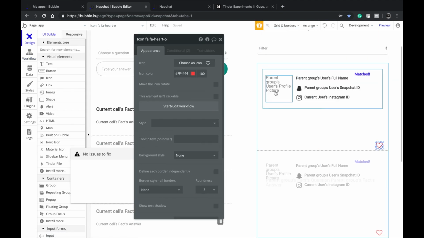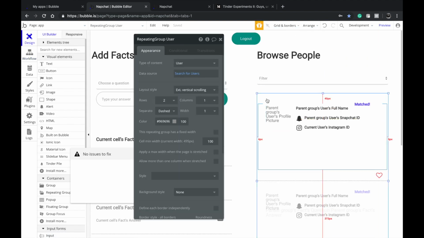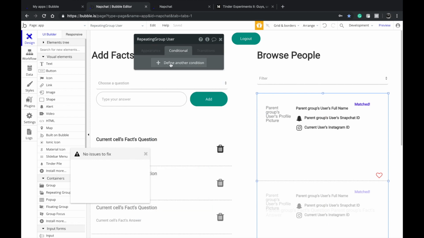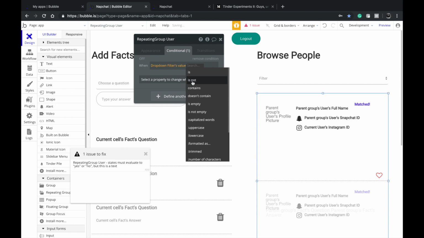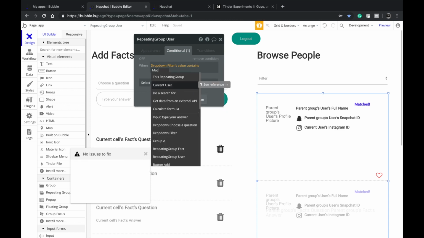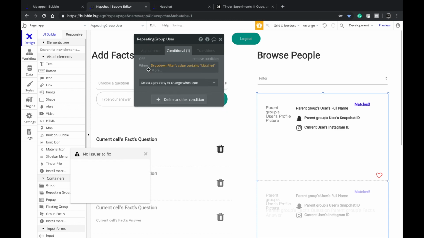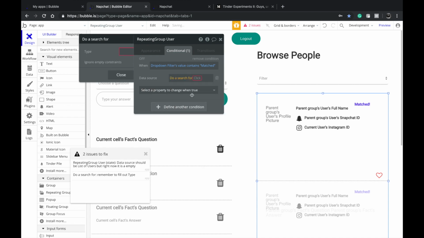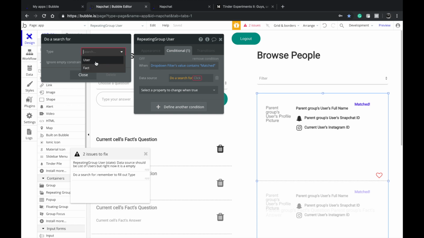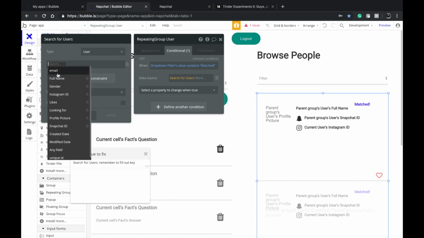So what if I change the value to matched? I want to only display the people who have matched. So I'm going to change the condition: if the drop down filters value contains matched, and make sure this is case sensitive. Okay, make sure that's correct. I want to change the data source to do a search for users where